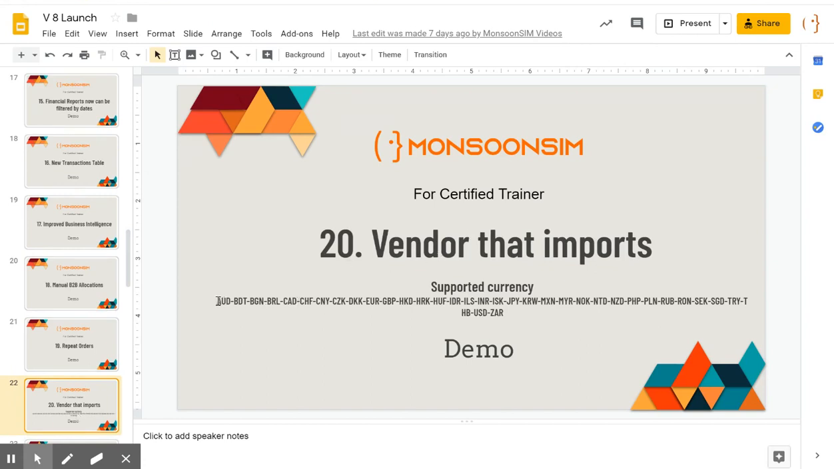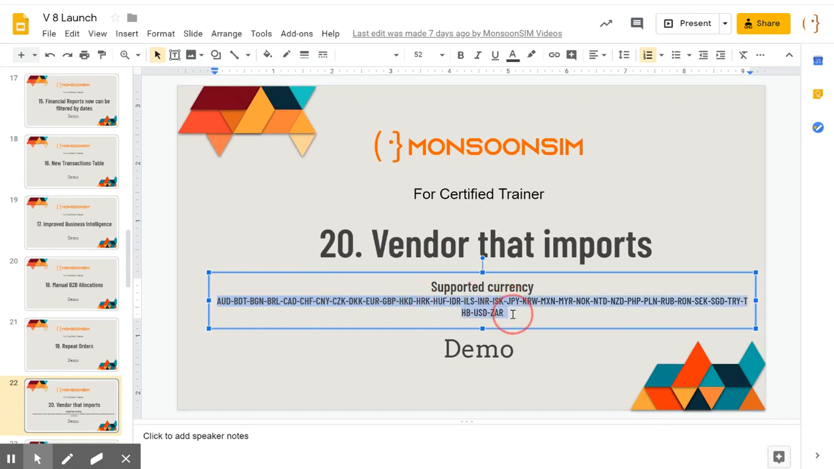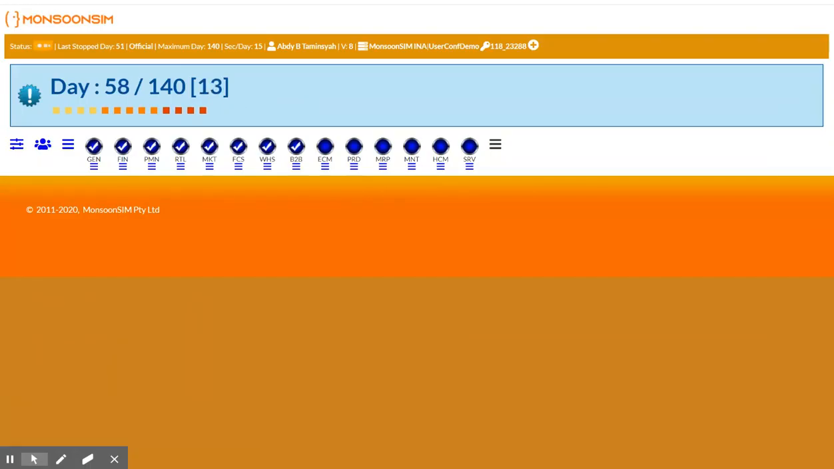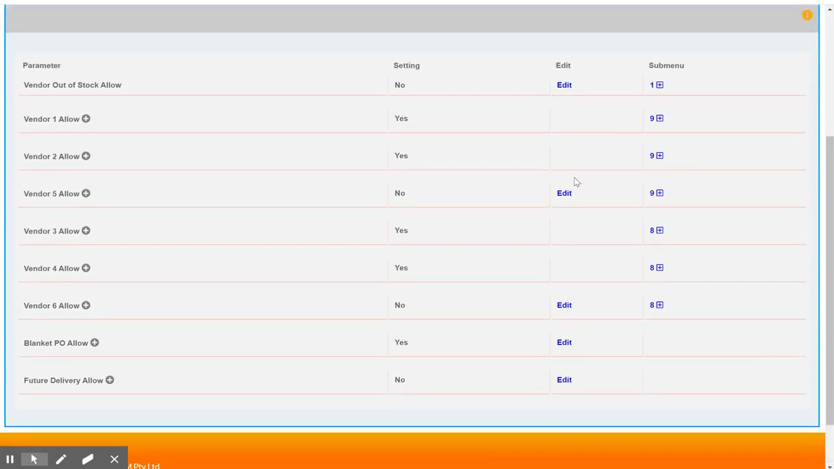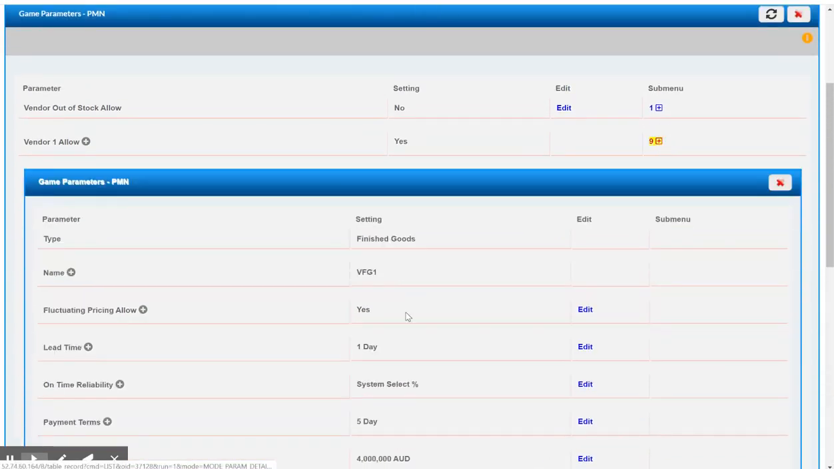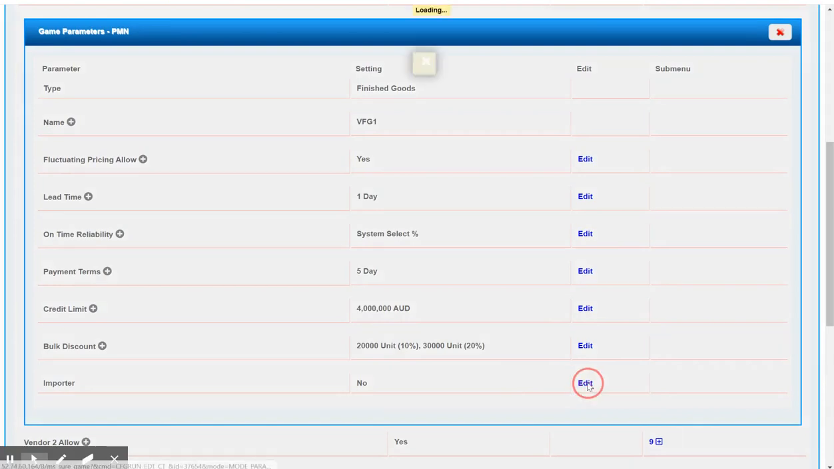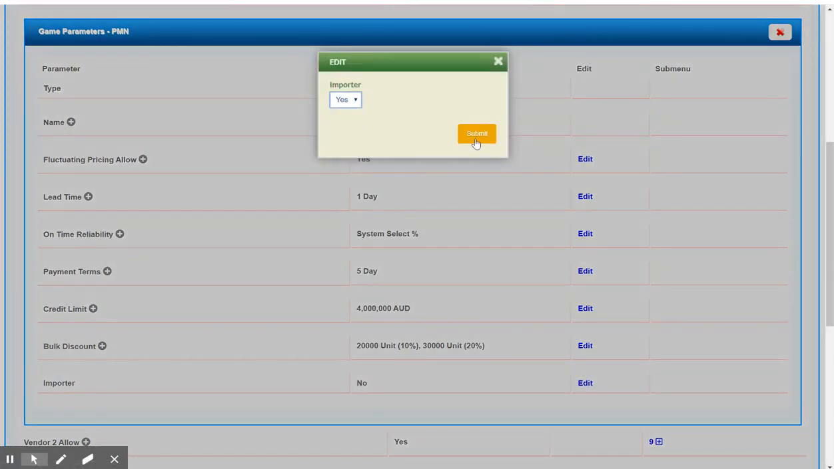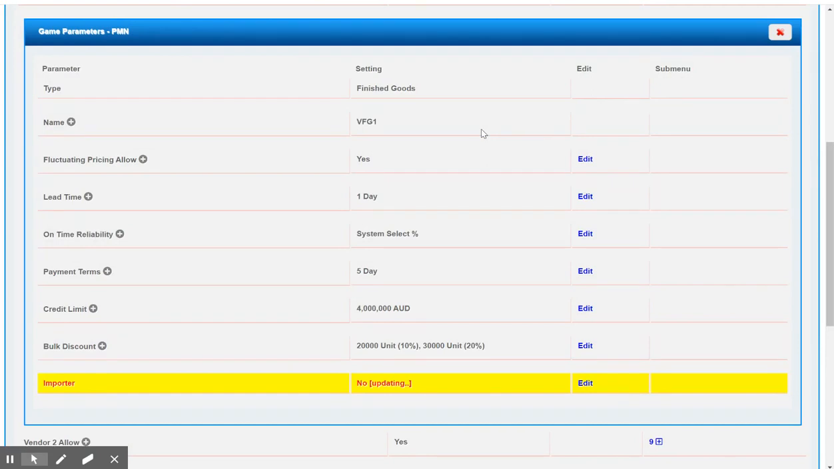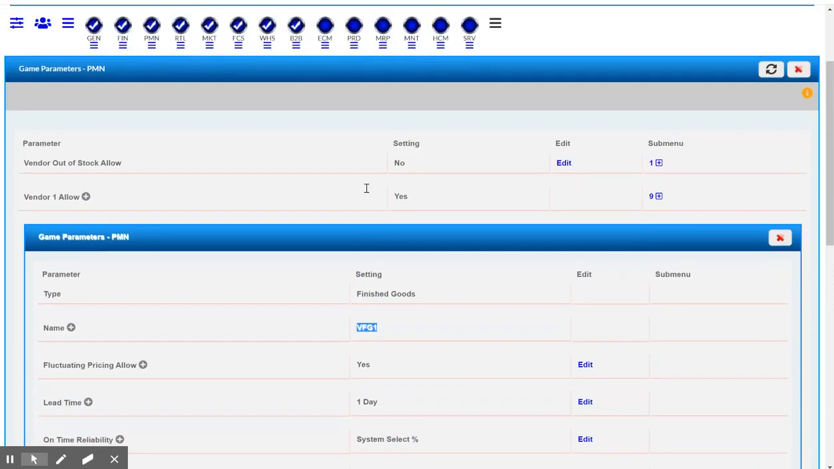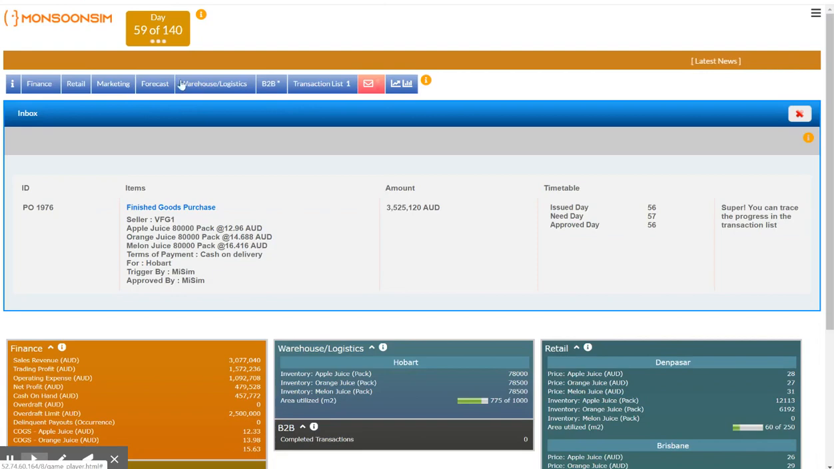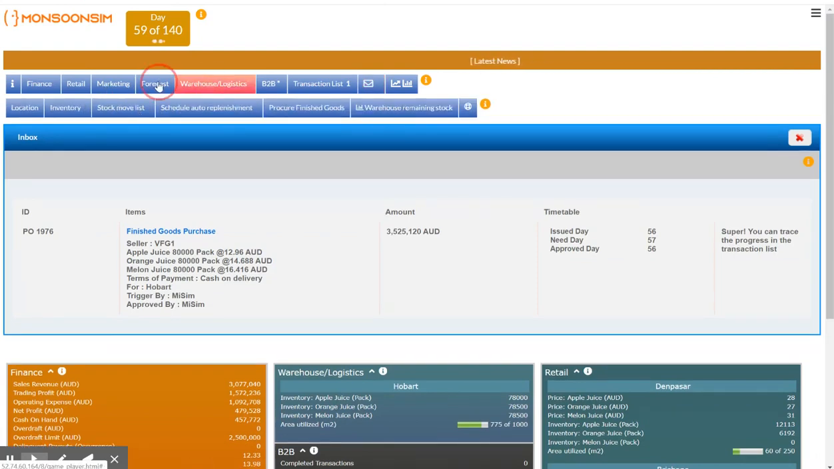Okay, here are the supported currencies. So we support the following currencies. What does it mean? It means that if we look at one of the vendors, for example, okay, here's the vendor. You can set it as an importer. So if I set this as an importer, notice my local currency is Aussie dollar and my foreign currency is US dollar. So if this importer VFG1 is an importer, now if I want to buy something from this guy,